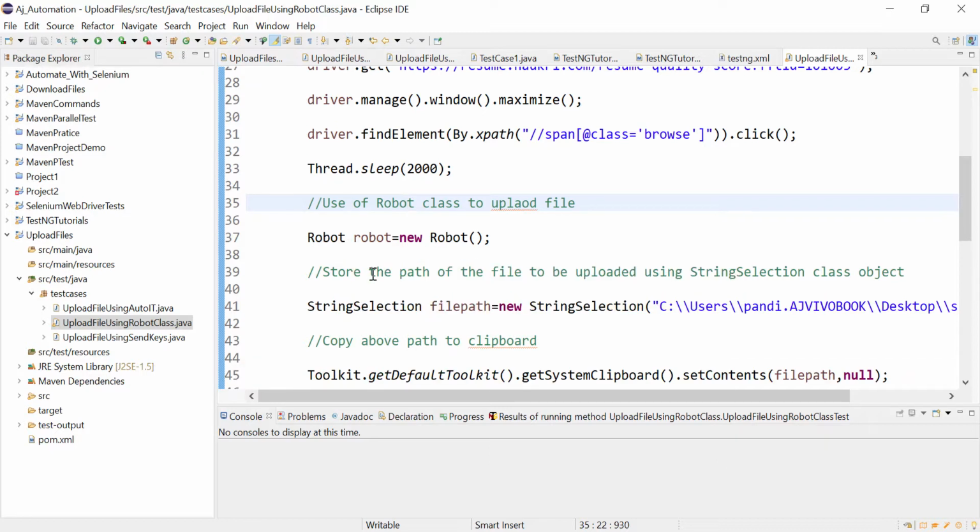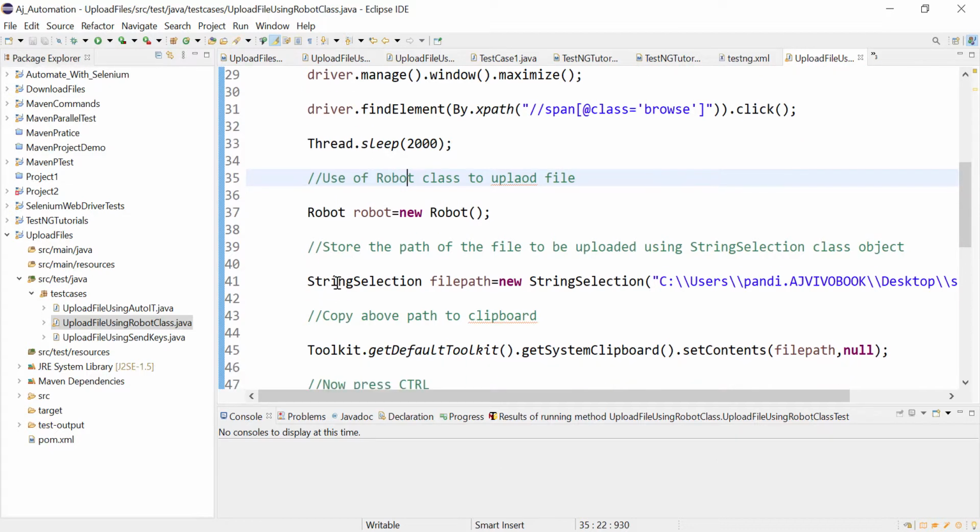Before pressing Ctrl V or Enter, you need to copy the path. For copying the path of the file to the clipboard, you need to use the StringSelection class. You need to create the object of the StringSelection class and pass the path of the file as an argument to the constructor.